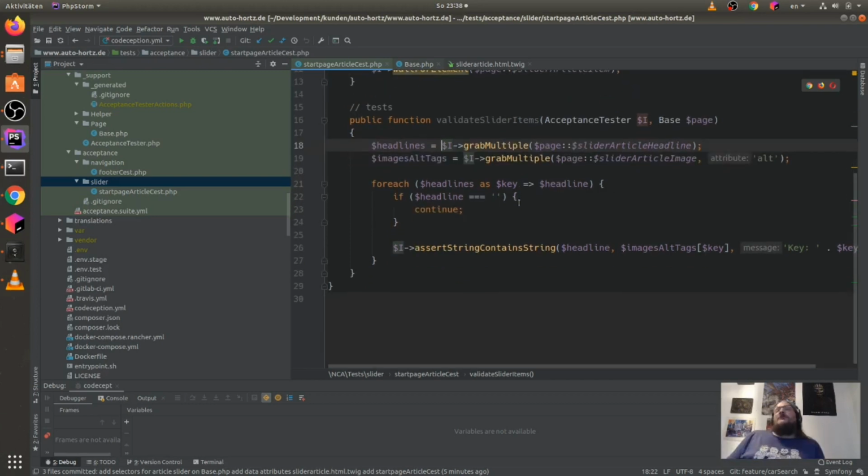For now, we only validate that our headlines are part of the alt tag on the images for our SEO-friendly page, and we iterate on these headlines, get a key here, and then we get a headline. There are very many elements that are not filled in the initial state of the page, and the slider and the JavaScript will do this later.